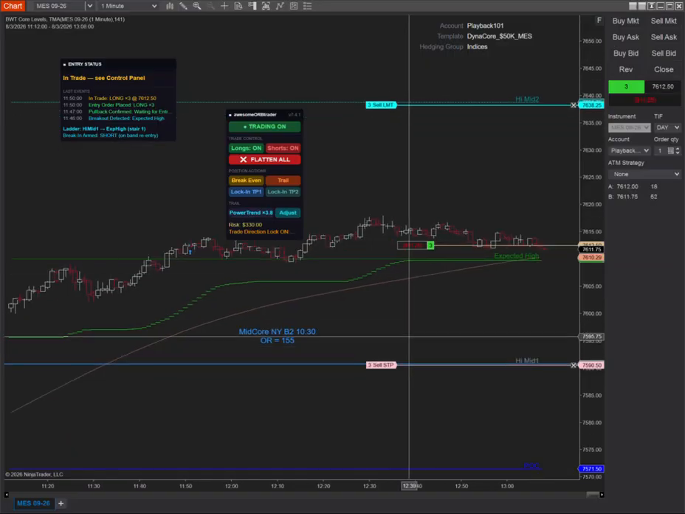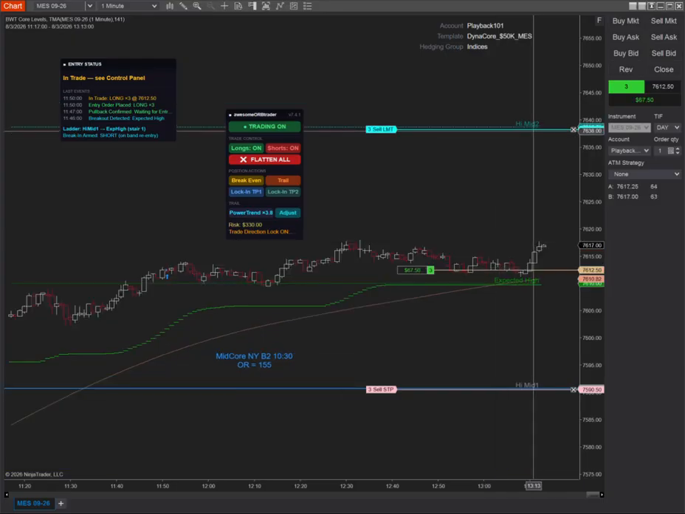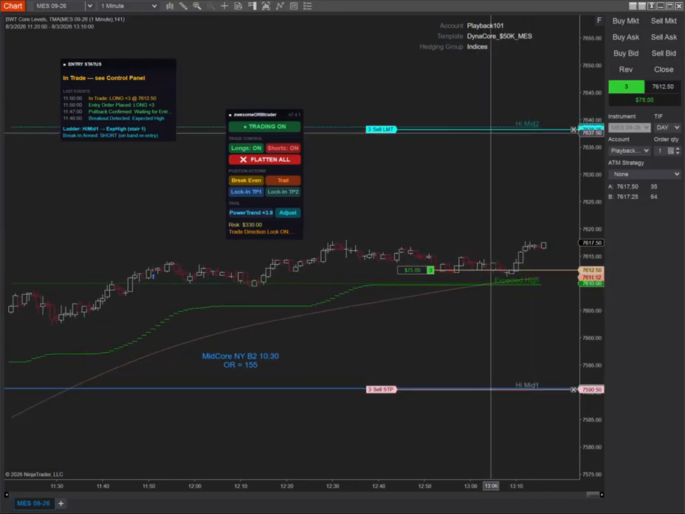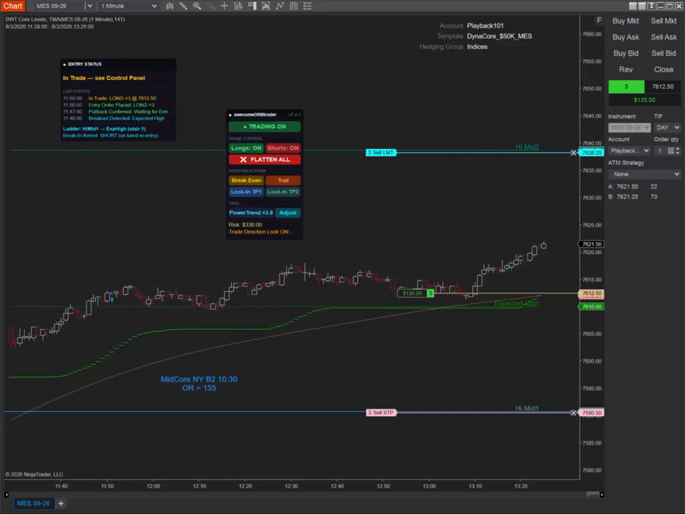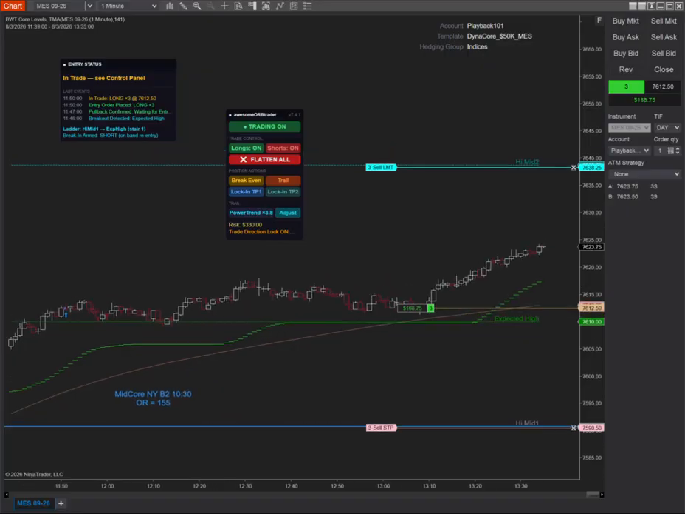Okay, so let me just speed this up a little bit and let's get into a nice trailing situation here. So we took the trade here and the target is here at high mid two. Okay, all right, so let me slow this down a little bit. The one thing that you could do is you could just click on trail, and what will happen is